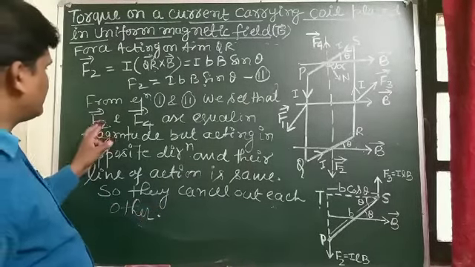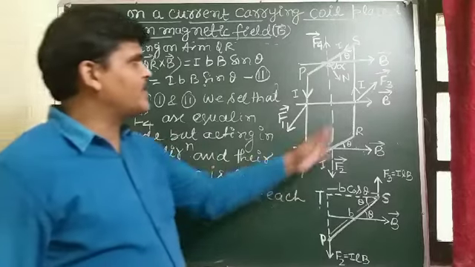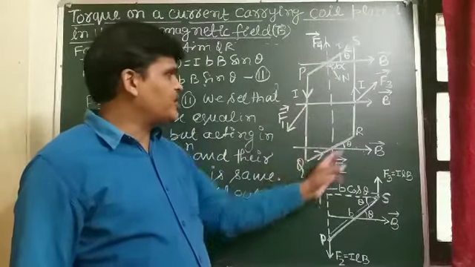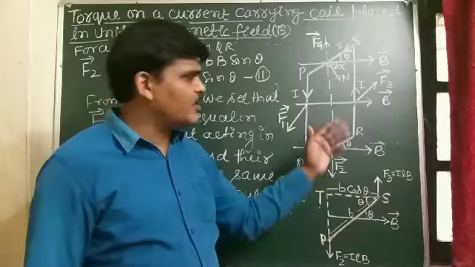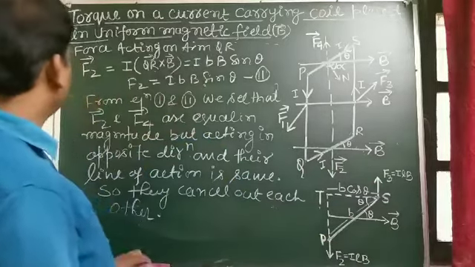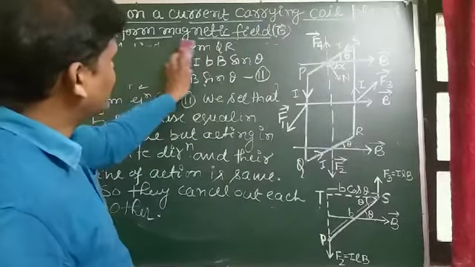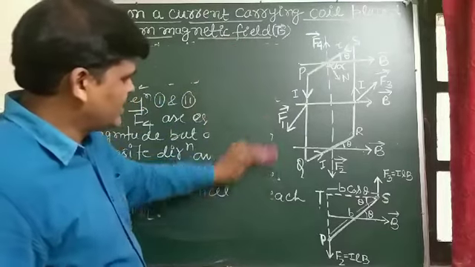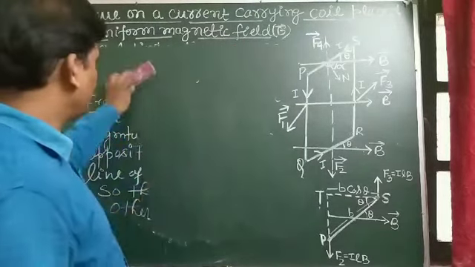So the force F2 and F4 have no effect on the coil PQRS which is placed into the uniform magnetic field. Now student, now I am going to find the direction of force acting on the arm PQ and